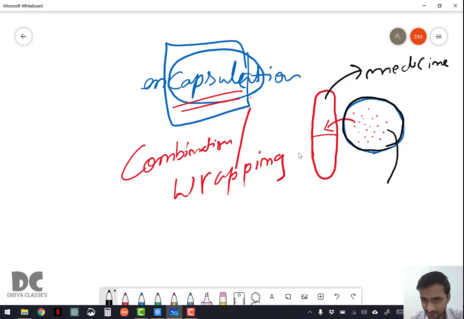So this medicine has some data, that is nothing but the knowledge that we talked about last class, the last part of chapter 1. So what knowledge?